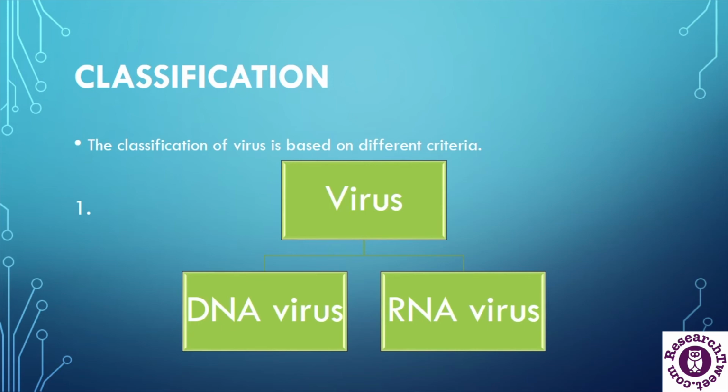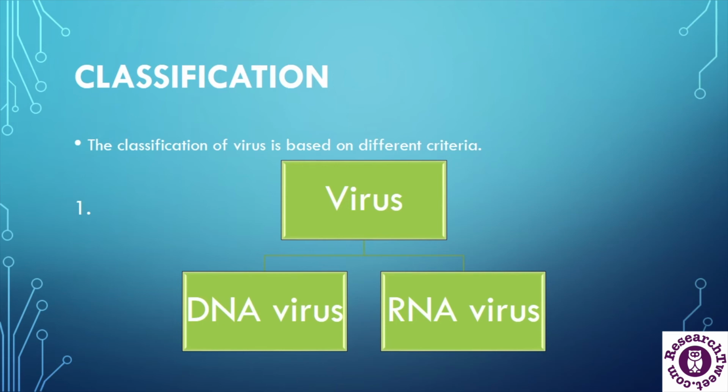Now we know that DNA is a double-stranded molecule, but it can be found as double-stranded as well as single-stranded. So they are further classified into double-stranded and single-stranded DNA viruses,